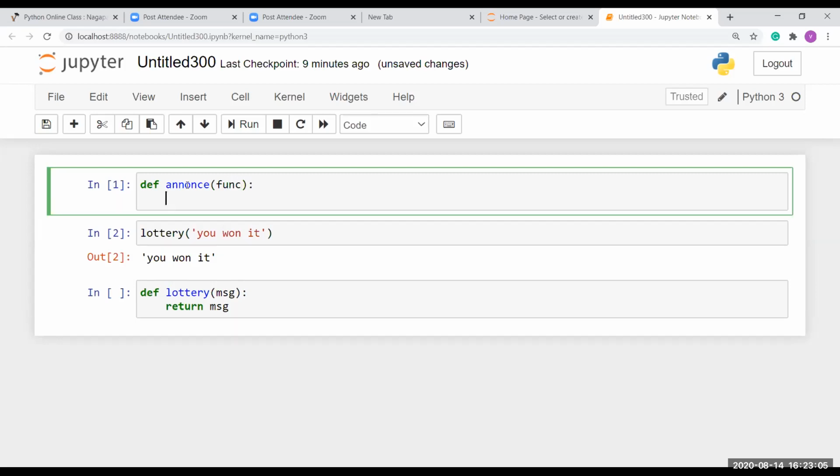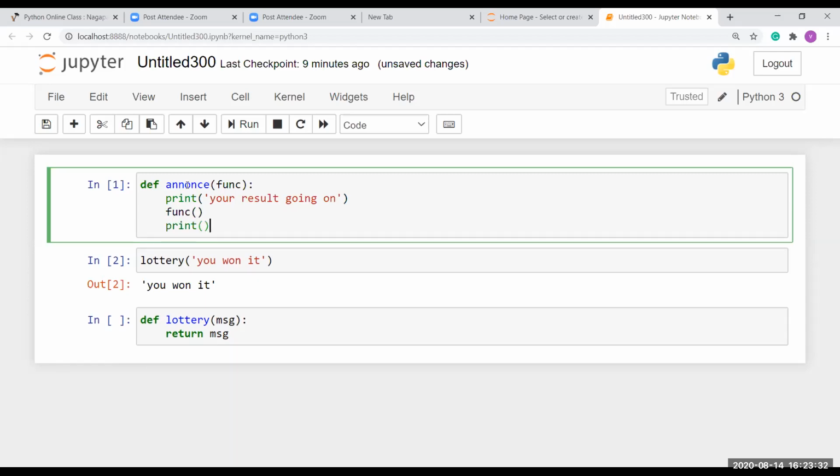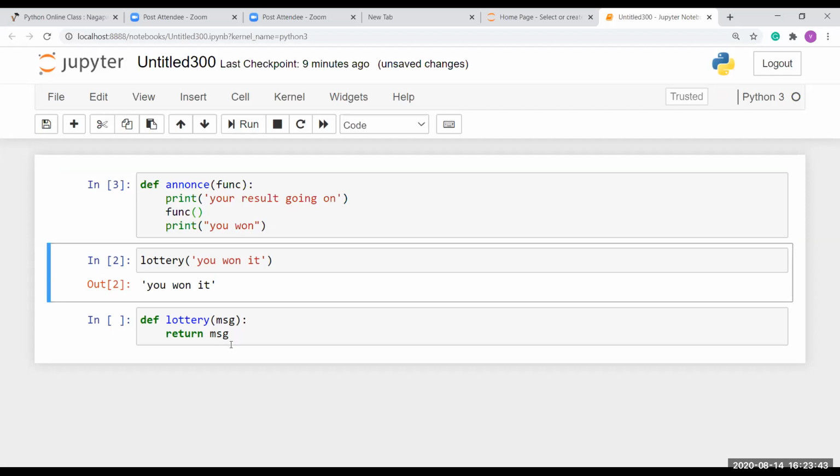Then I'm going to give print, your result is going on, and after that I'm going to call the function I have passed here, func, with open and close brackets. Then I'm going to give print, you own it, and run this.